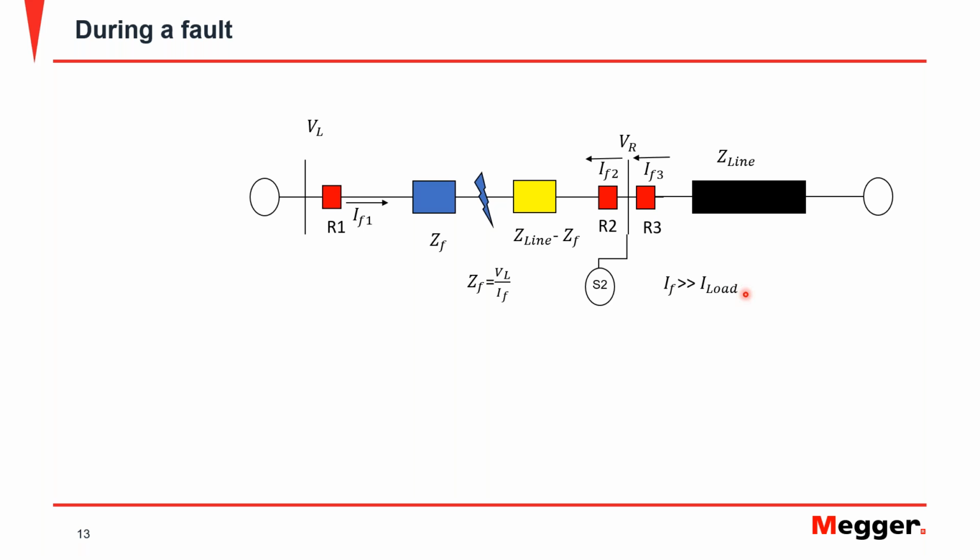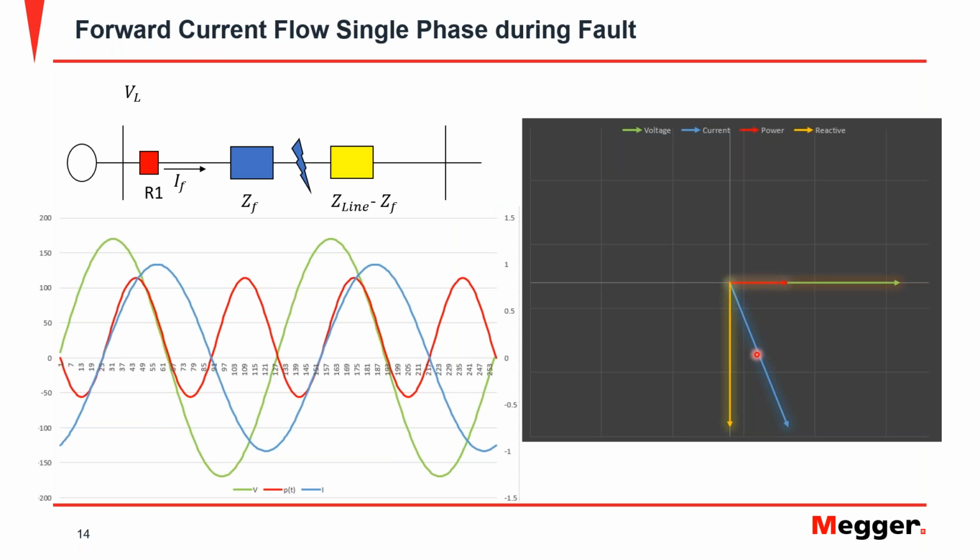Under these conditions, we see that the angle of the current goes all the way very close to minus 90 degrees, and the reason for that is that the current that circulates is now equal to the voltage divided by the impedance of the line, and the impedance of the line is mostly inductive, and therefore the current that now circulates in the system has a highly inductive